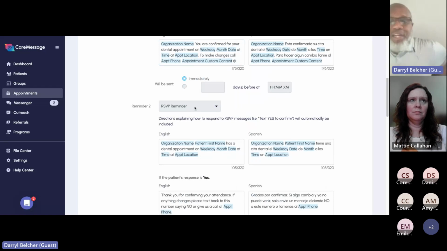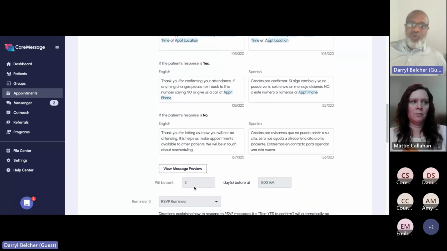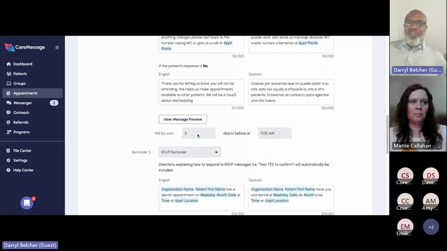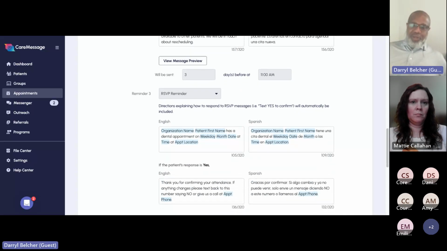Then the second reminder can be one in which you remind that particular patient maybe a week before the appointment. Again, your clinic's name, Daryl Belcher has an appointment at this time. Send it a week before, and if needed, you have a third that can be sent out the day before that again will allow that particular patient to respond whether they're able to make the appointment or